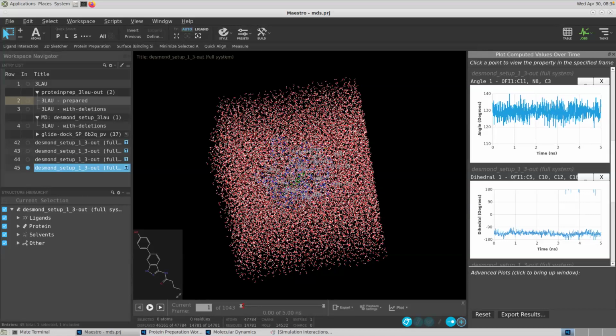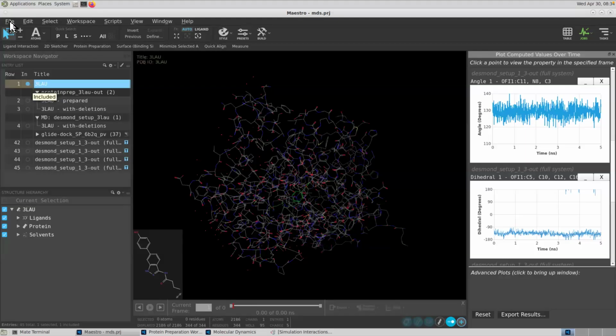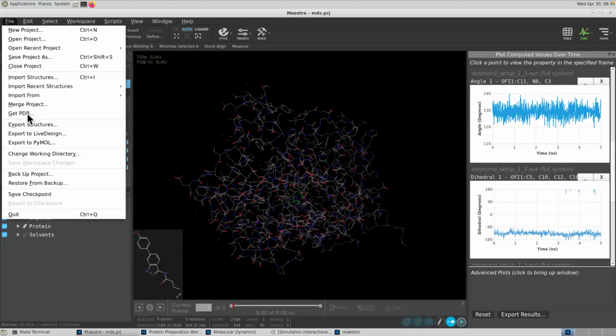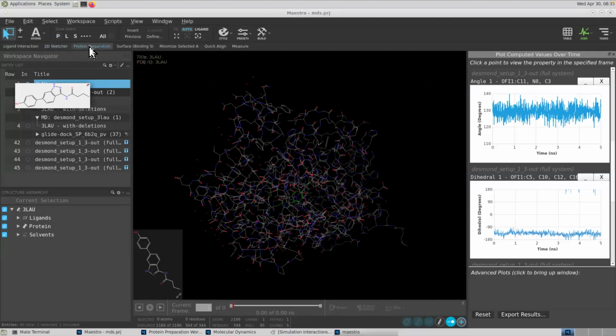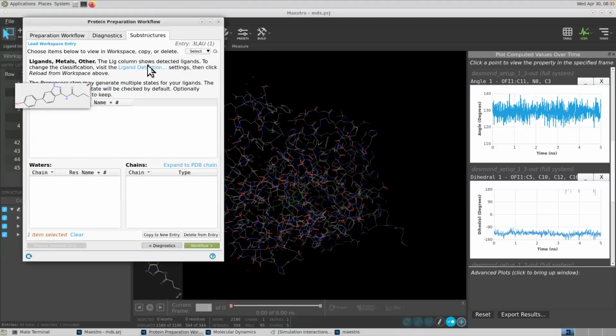I'll just recap what we have done so far for molecular dynamics, and then we'll go to the further analysis part. We are working with this particular protein, 3-LAU, right? To download the protein, we need to go to File, Get PDB. That is the first thing you need to do. After downloading the protein, you need to go to Protein Prep to prepare the system. You carefully build your system